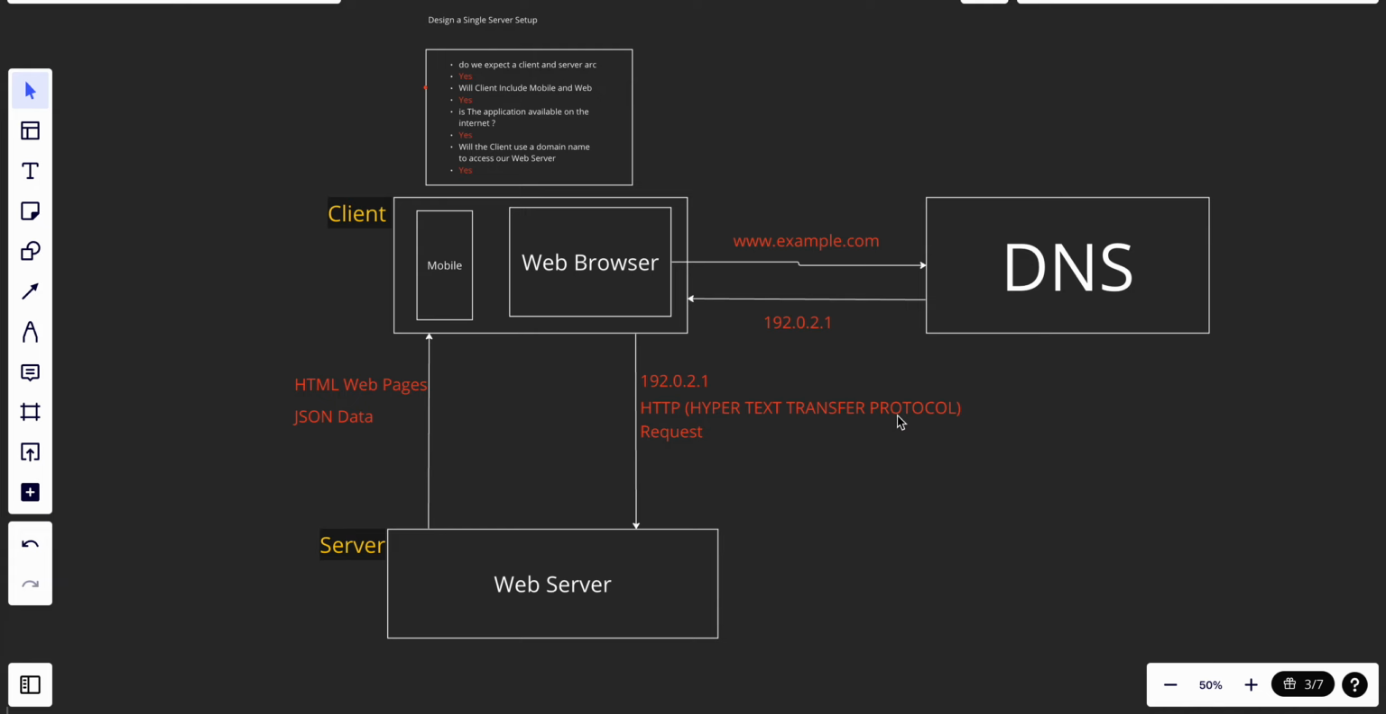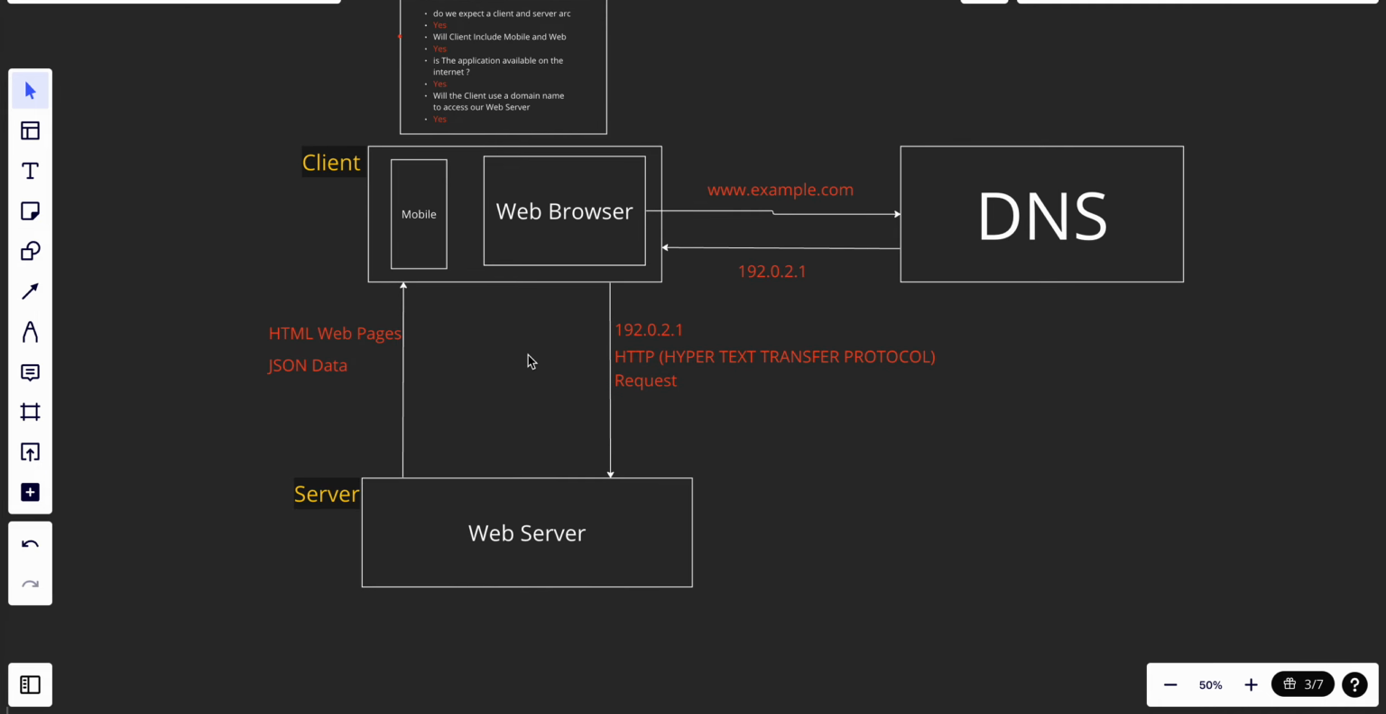If you remember, in the first video we designed a single client-server setup, and I'll just give it a quick look. Actually, we had a client. This client could be mobile or web browser, and it communicates with the web server by domain name using a DNS. We use a DNS to send the domain name, and it will send us back the IP address of our